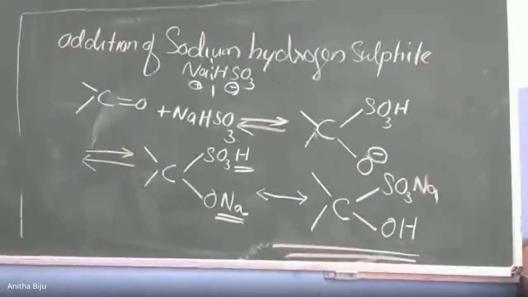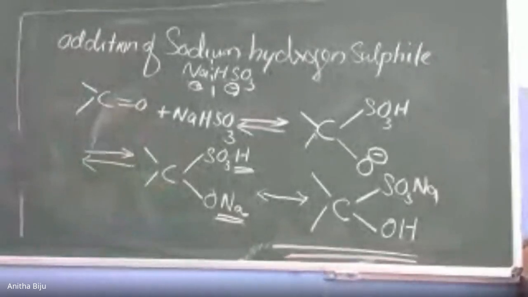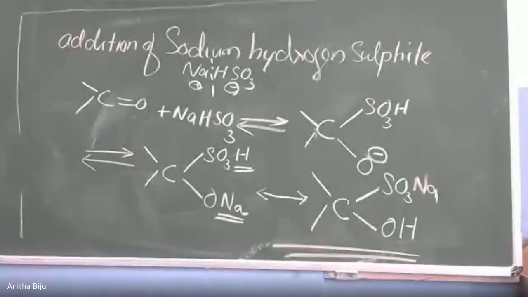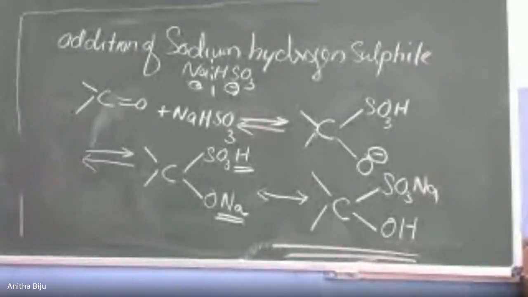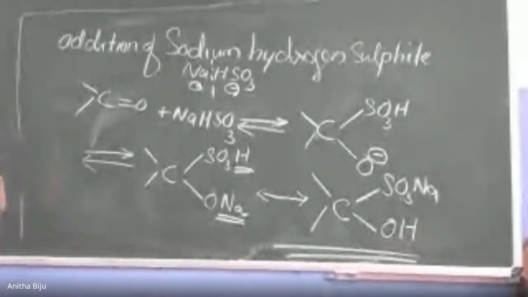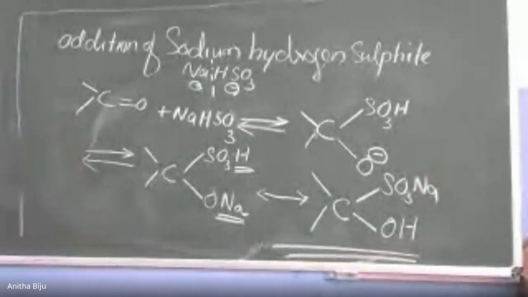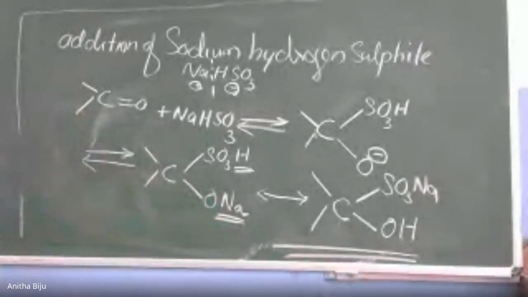And this product is very important. The reason is this addition product is soluble in water. Very important. Then what is the benefit of this solubility in water? The solubility is important because suppose we want to regain our aldehyde or ketone after the reaction. The procedure is very simple. We add either acid or base to the addition product. We get the aldehyde back.